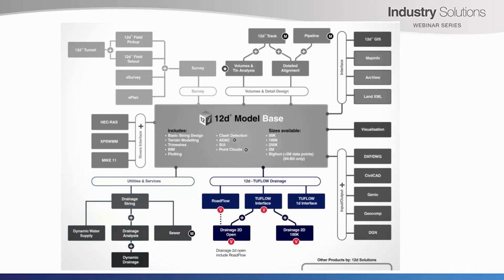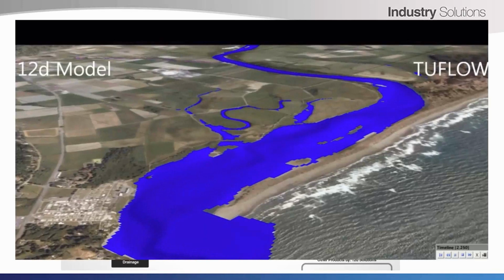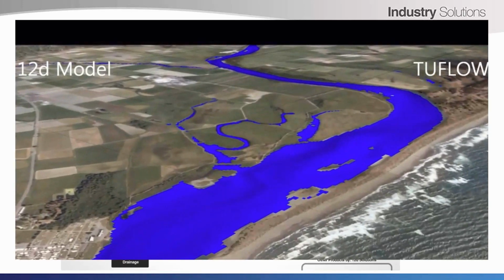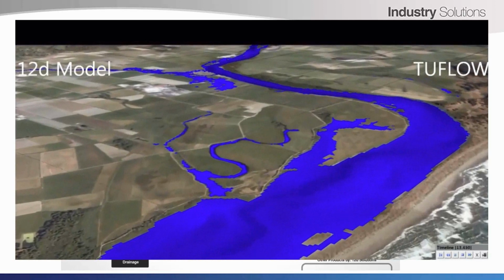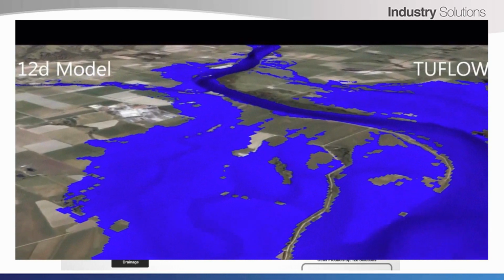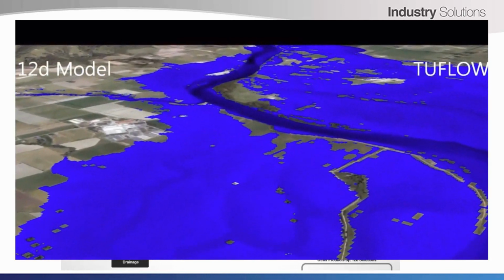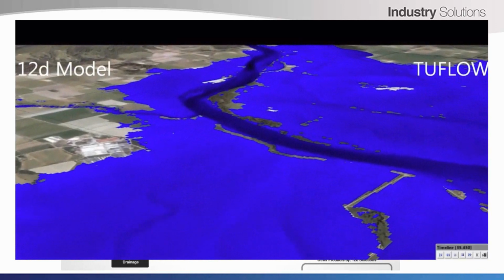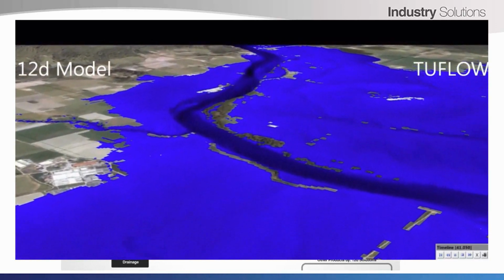The next area of 12D modules we'll look at will be the 12D TUFLOW drainage modules. The 12D drainage 2D Open module is TUFLOW unlimited cells, requiring the 5 million point 12D Model base or larger. The 12D drainage 2D Open module also requires the 12D Model base, drainage analysis, dynamic drainage, visualization and TUFLOW interface modules to run. The 12D 2D Open module combines the functionality of Road Flow, TUFLOW interface, and also includes